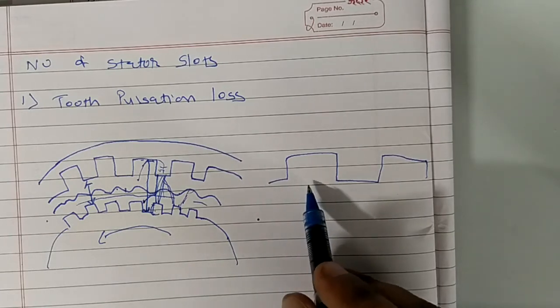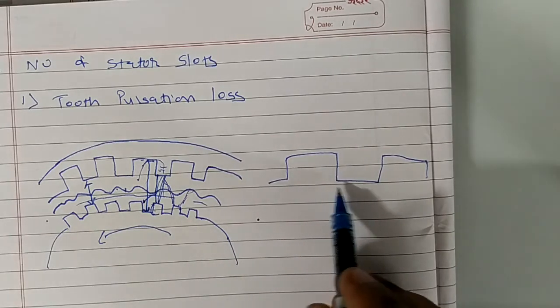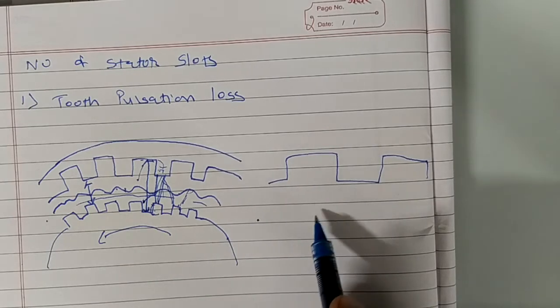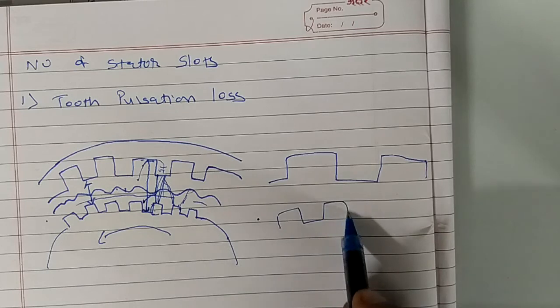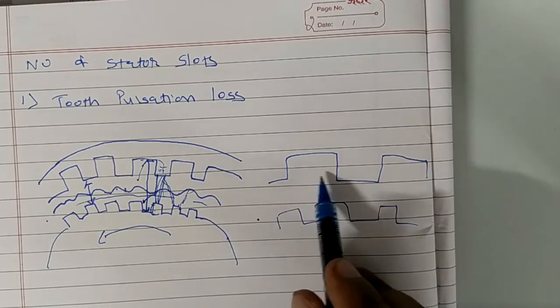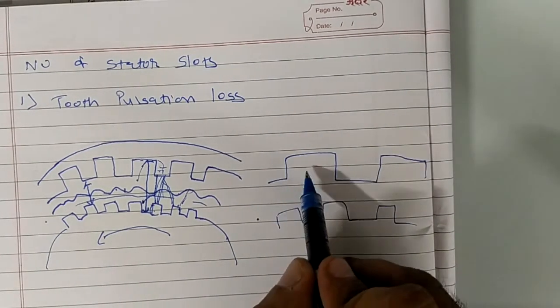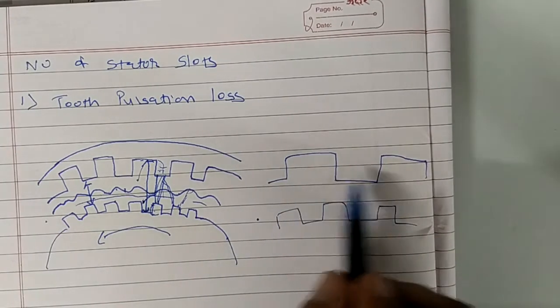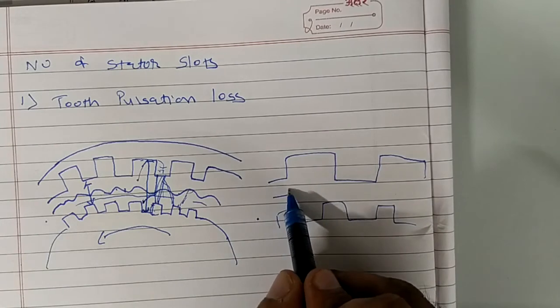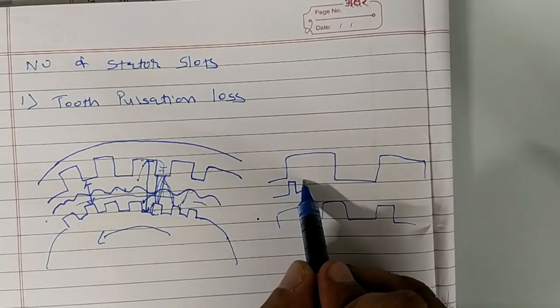Okay, so in that case, the flux will tend to get crowded. That is why it is good to select a large number of slots instead of a small number of slots. See, this is a large number of slots, but if I use a small number of slots, then simply what happens,